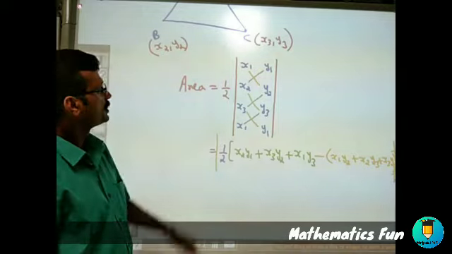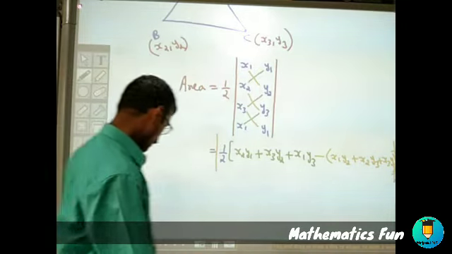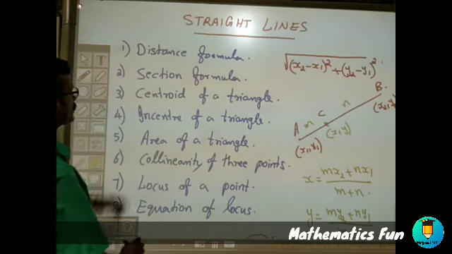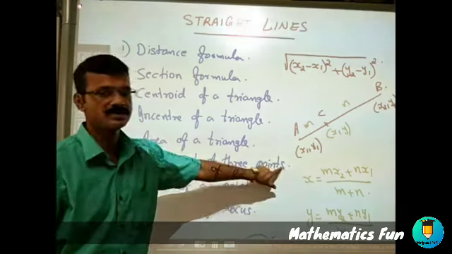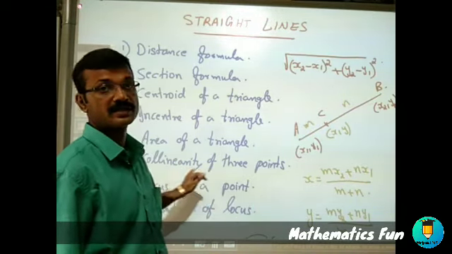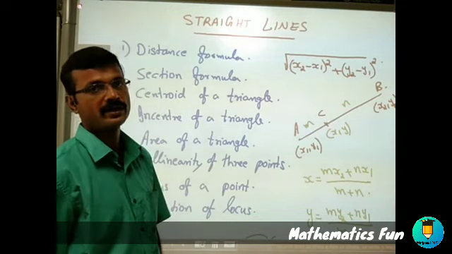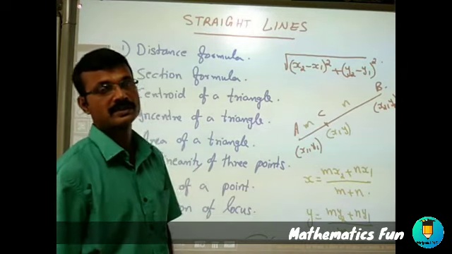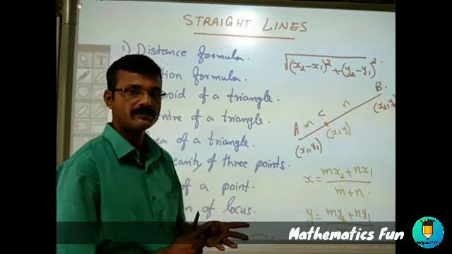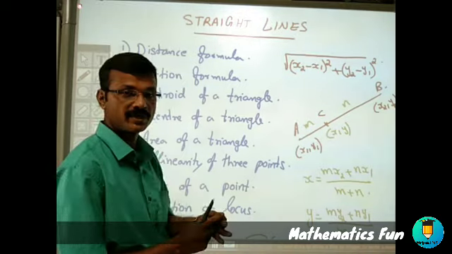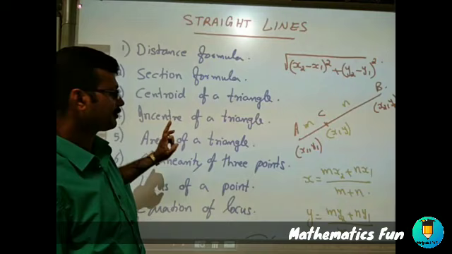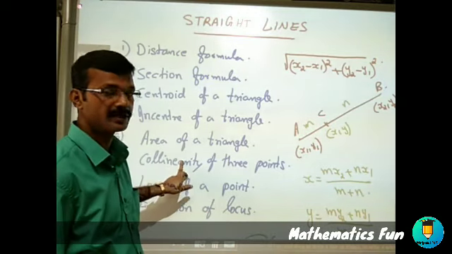Now the next point was collinearity. What was the collinearity? That was the collinearity of 3 points. You already know collinear. Points are collinear means they are in the same line. You already studied 3 different ways to check whether points are collinear or not in standard 10. One method by distance formula, another by section formula, then by slope method. Now here we can also check collinearity with the support of the area of a triangle.